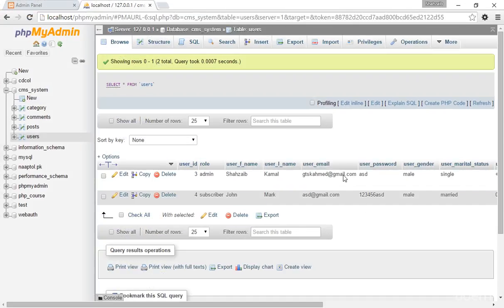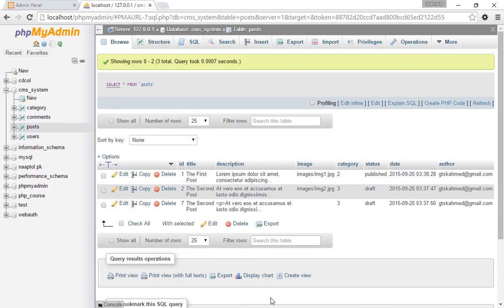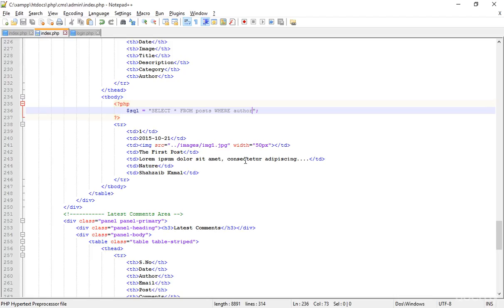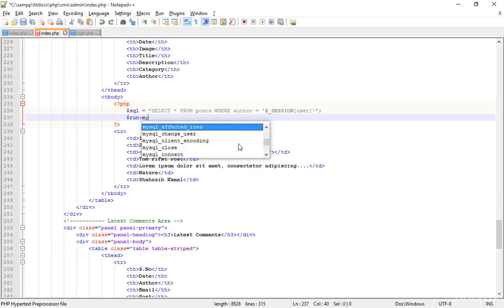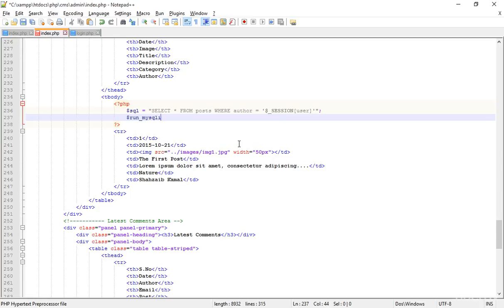Go there and you can see that if I just click on post, now you can see this is the author name. So I'm just going back to the notepad, and actually where author is equal to, now the dollar session. Okay, the session user is actually the author. So press enter and run, and mysqli, oh, not in this way, mysqli_query, oh, equal to sign, and then